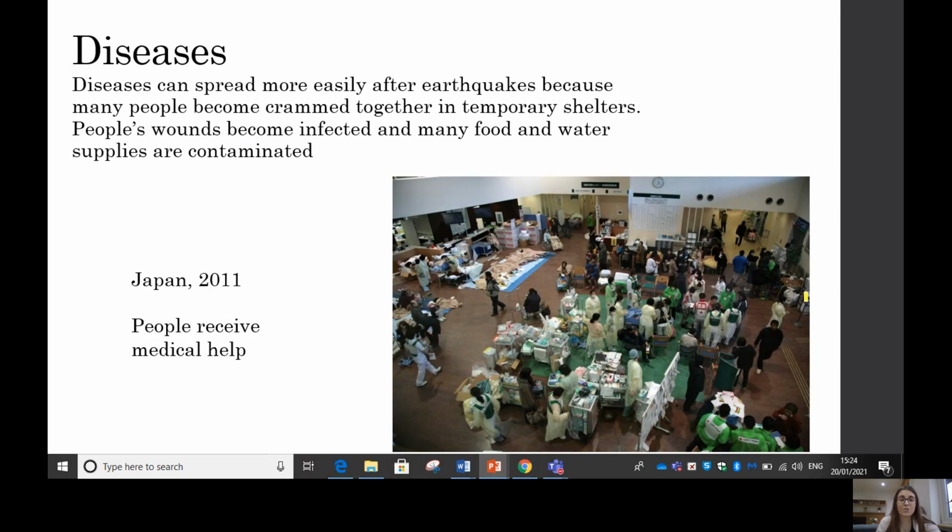So another short-term effect is diseases. After an earthquake, diseases can spread more easily because first of all, people can be crammed together in temporary shelters. So again, in Japan here, as we can see, people were coming into emergency shelters. We can see down here that people are having to sleep on the floor. So obviously, if a lot of people are crammed together in one area, diseases can spread more easily, as we've